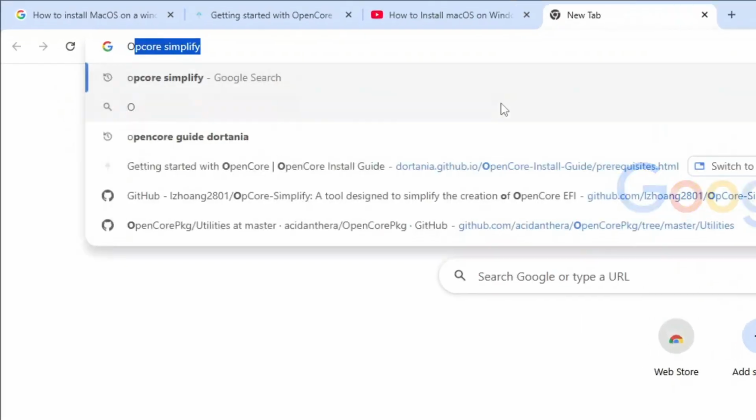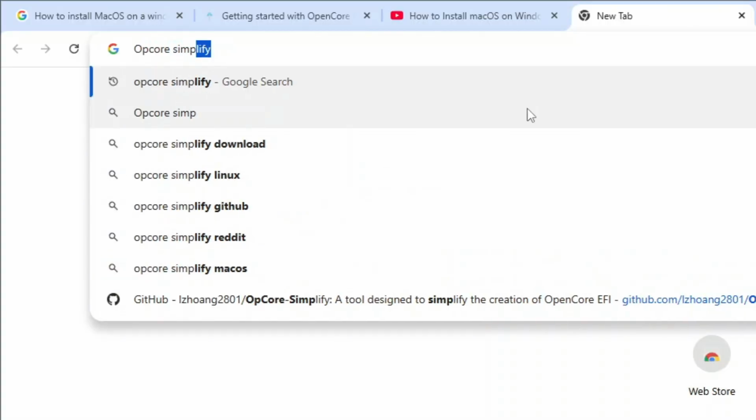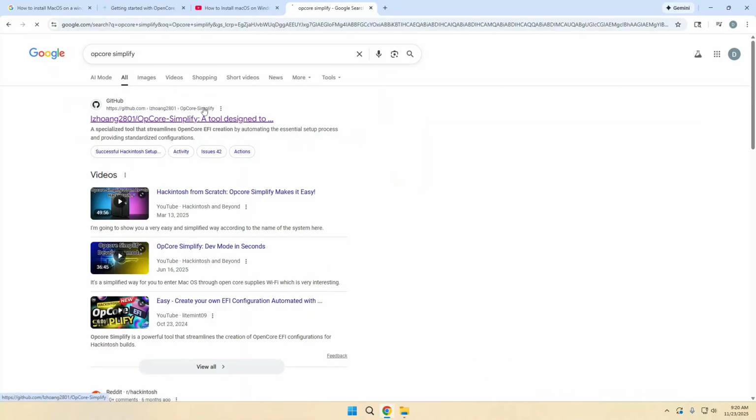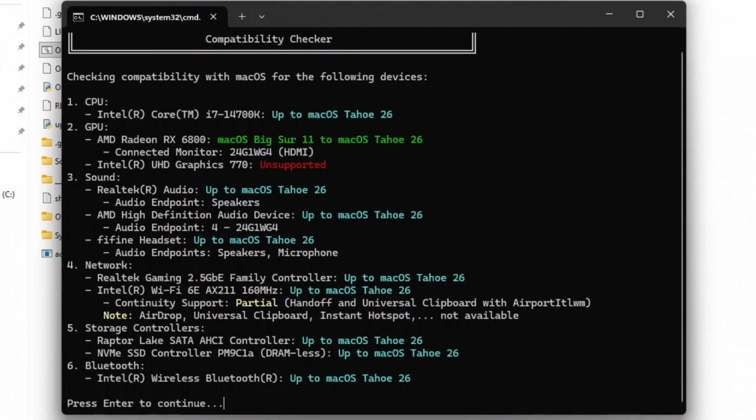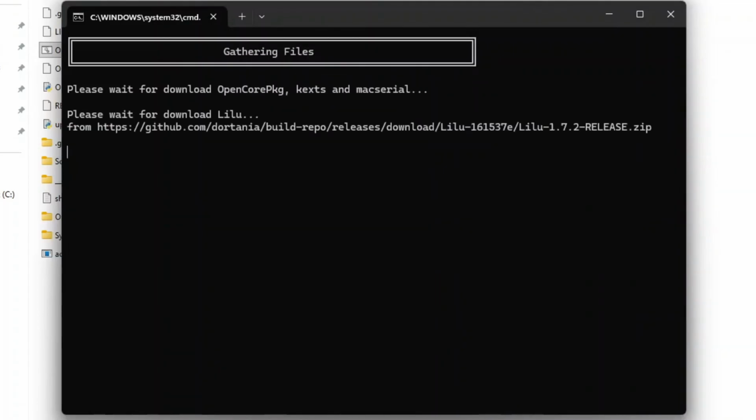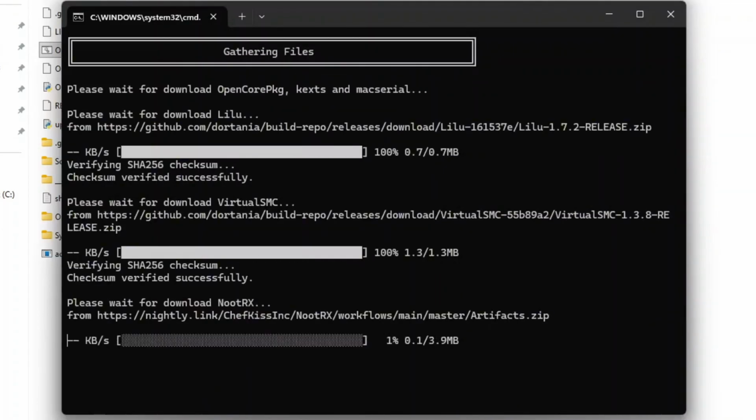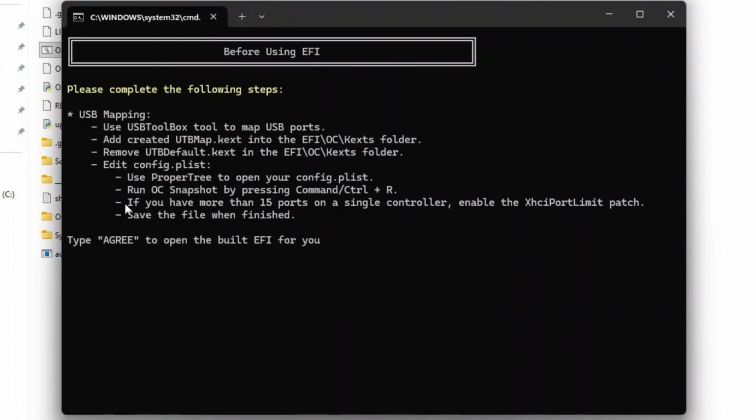Perfect. OpenCore Simplify. Oh, perfect. We can get the latest and greatest macOS Tahoe 26. Looks like everything is compatible. All right, perfect. Now it's installing, now it's making the EFI file. Okay, please,